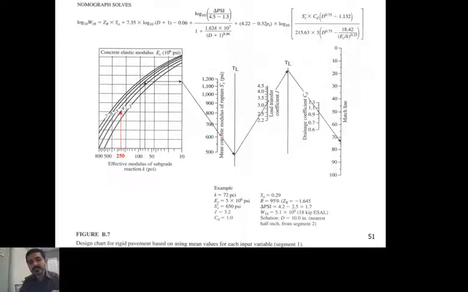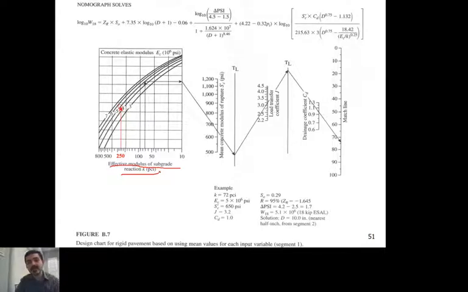So the very first step, as you could see, is from the left. It's actually the effective modulus of subgrade reaction. I hope by now you know why it's important that we spent the last lecture talking about the k-value correction, because this is the very first step that influences the rigid pavement design. So it's 250. Once you pick that, the k-value here is 250, you're going to go all the way up,